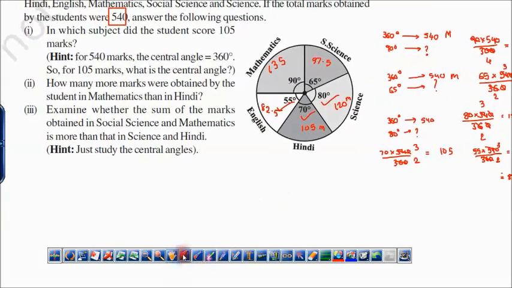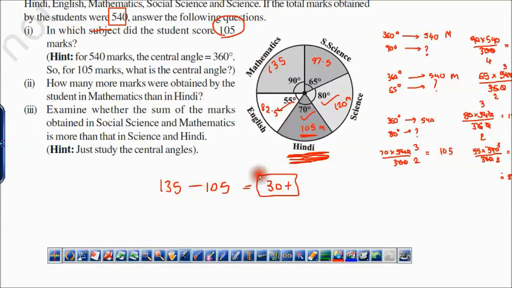In which subject did the student score 105 marks? Hindi. 105. How many more marks were obtained by student in maths than Hindi? मैथ्स और हिंदी के कंपैरिजन में मैथ्स में कितने ज़्यादा मिले? मैथ्स में 135 मिले, हिंदी में 105, टोटल 30 मार्क्स ज़्यादा मिले मैथ्स में. Examine whether the sum of the marks obtained in SS and maths is more than science and Hindi. चेक करो. SS प्लस मैथ्स